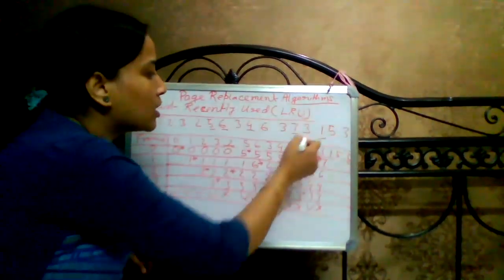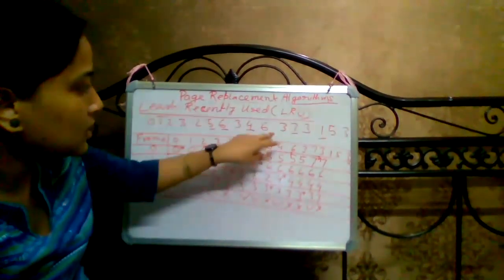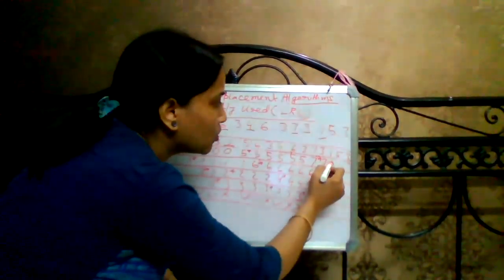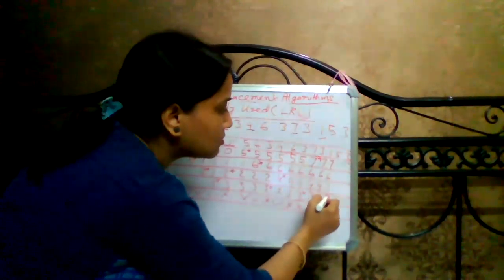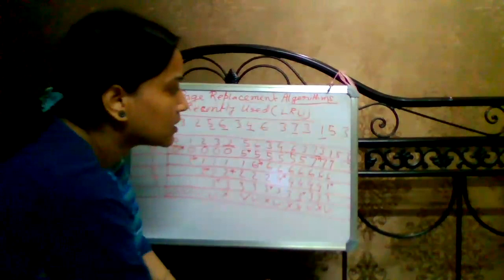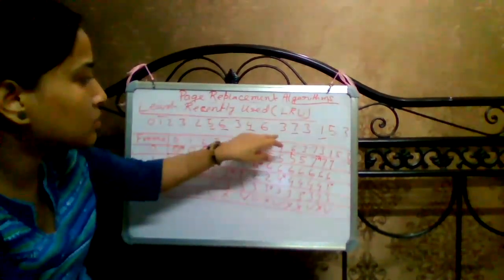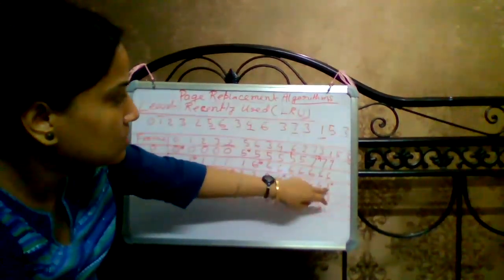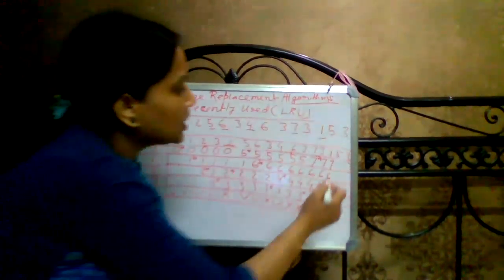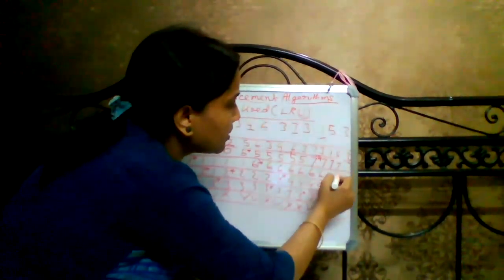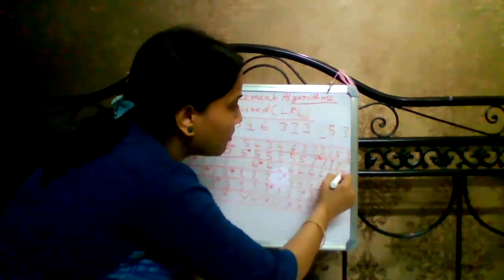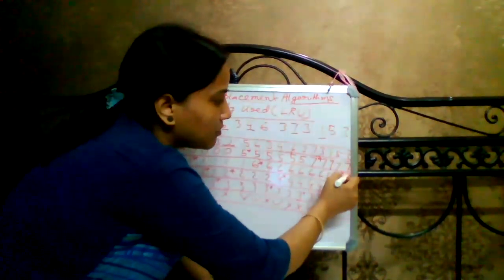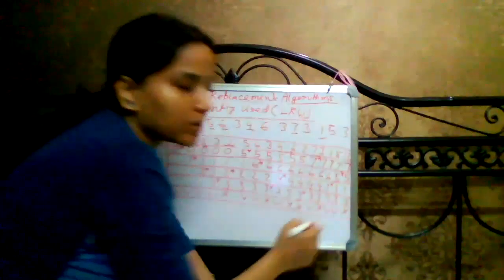1. Now when 1 comes, which one will be replaced? 3 and 6 are already in use, 7 also, so it will be replaced by 4. So 7 6 1 3. 1 is the running, page fault occurs. Then 5. Which one will be replaced? 7 3 1. 6 is not in use recently, so we'll replace it by 5: 7 5 1 3. 5 is the running, page fault occurs. The last one is no page fault. 7 5 1 3, no page fault.